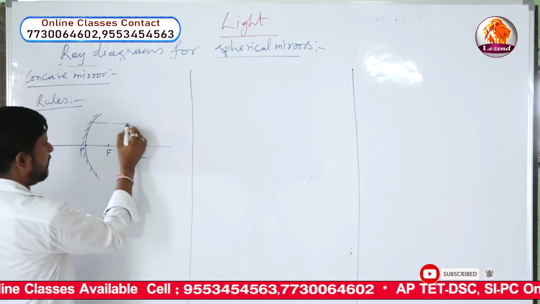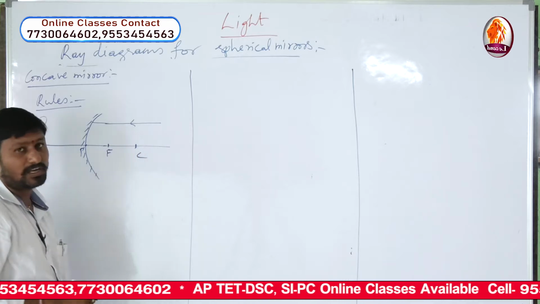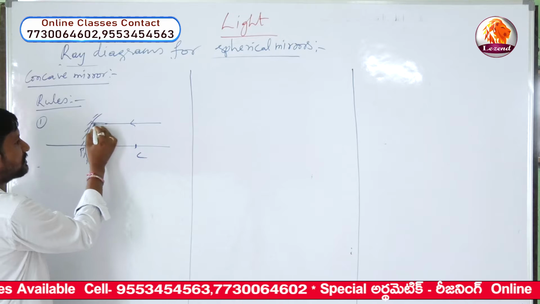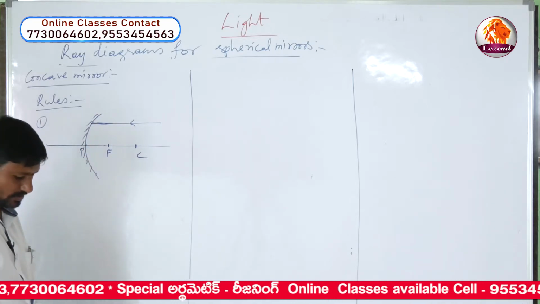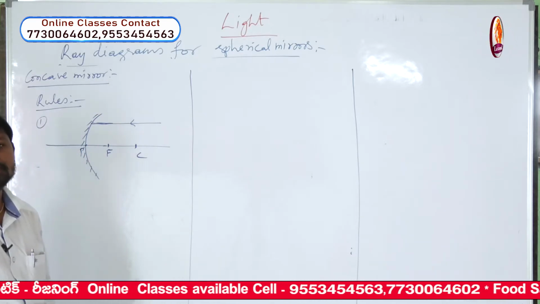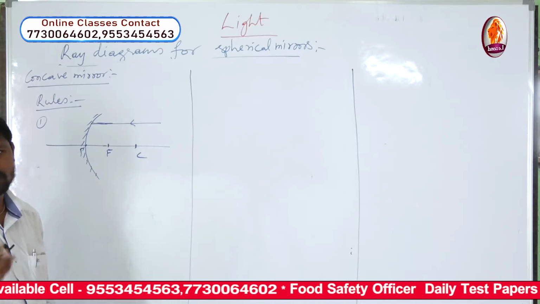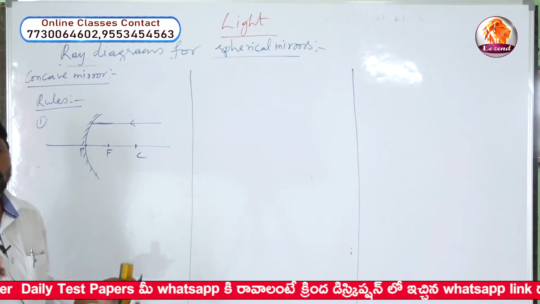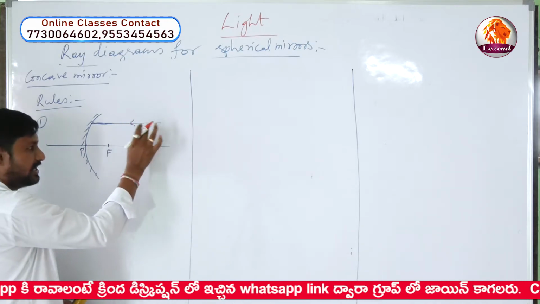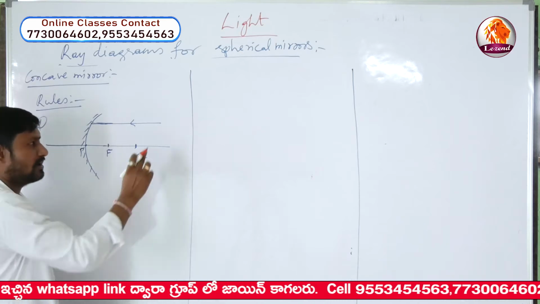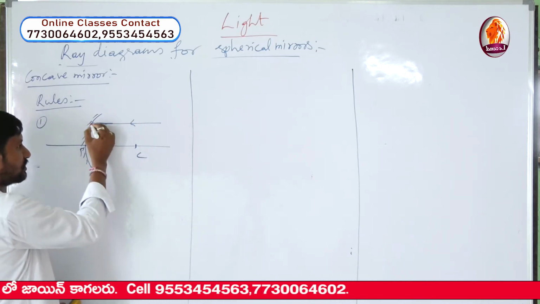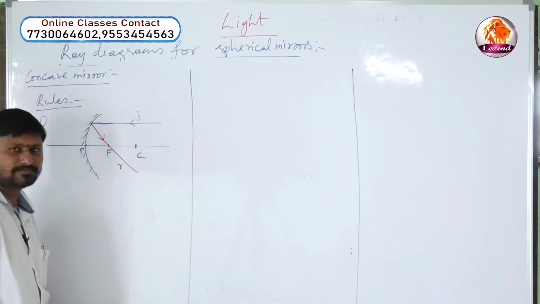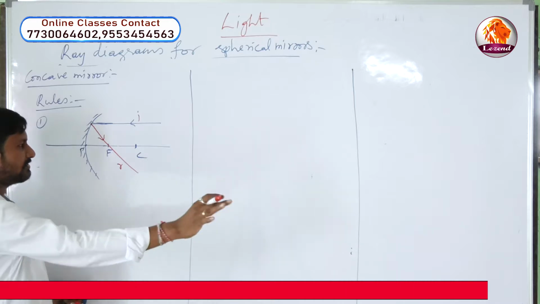Any light ray which is parallel to the principal axis, after reflection, here there is no need to draw the normal and no need to measure the incident angle, and with the same angle with the normal we have to draw the reflected ray actually, but all those things are not required here. Directly you have to remember any ray which is parallel to principal axis after reflection always passes through principal focus. This is incident ray, this is reflected ray. So don't draw the normal and everything, directly remember.